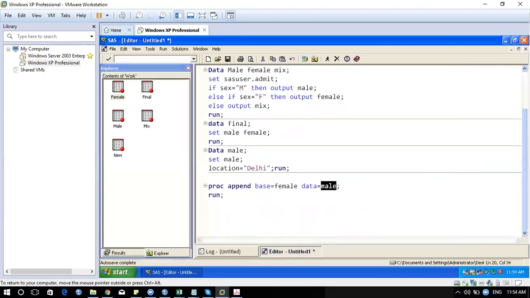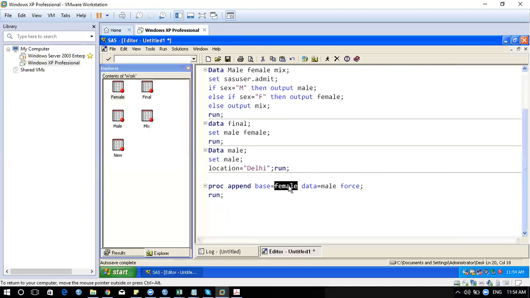So to do appending, to take the same variable into account, you have to use a keyword called force. You have a final file, you have a base file as female. I wanted to add this male data below this final female data, and with the help of the force keyword, it forcefully takes all the variables that are similar between male and female.